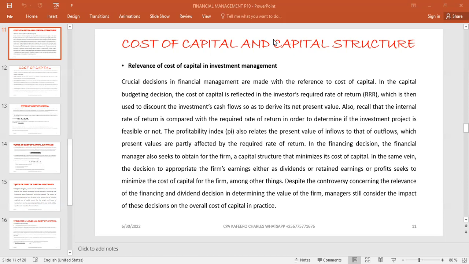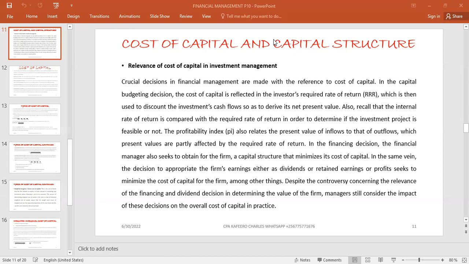And you know, from the main objective of the firm, we said we want to first get the money. When we get that money, we allocate it into the ventures that can provide the returns that will help the company to maximize the needs of the stakeholders. And here we are saying that if they ask you to explain the relevance of cost of capital in investment management,